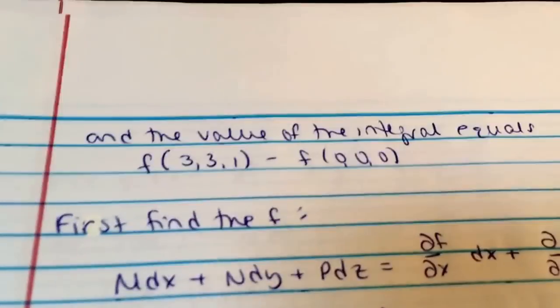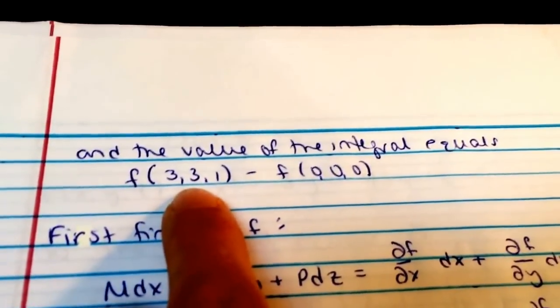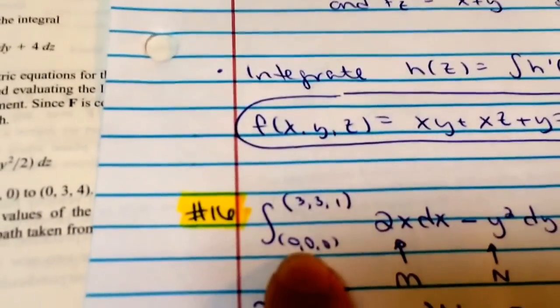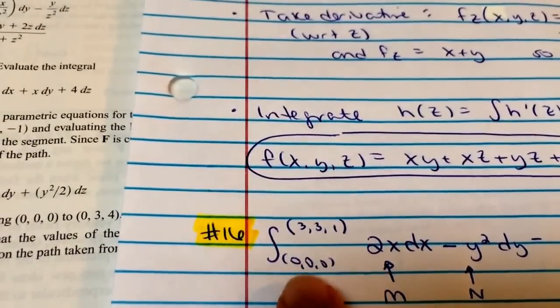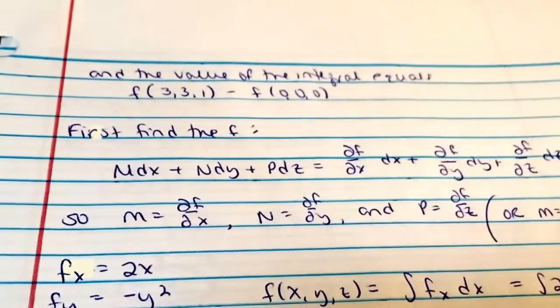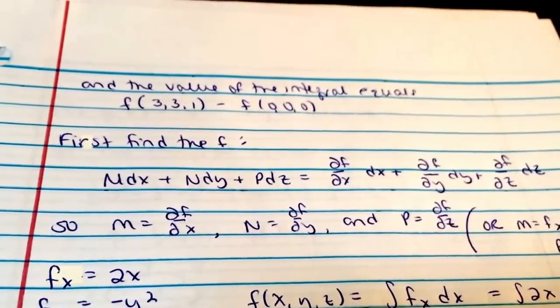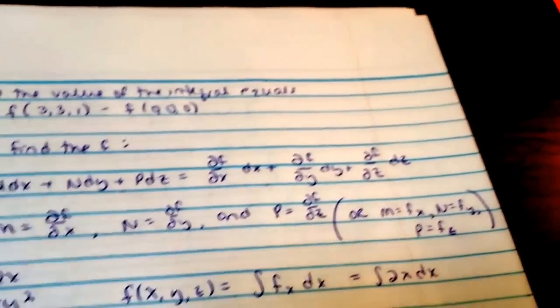Okay, so the value of the integral is just the value at the end point minus the value at the starting point. Notice they had that here. This would be the capital A, capital B. So capital A, capital B. This would be the starting point. This would be the stopping point. So you have the stopping point minus the starting point. So you have to find the lowercase f. So it's a different form, but the same principle as what we were just doing for the potential function.